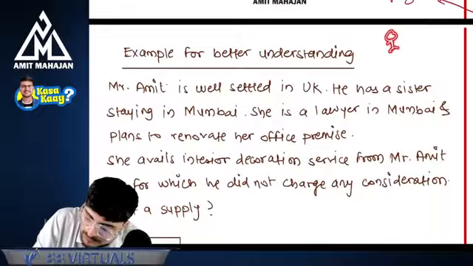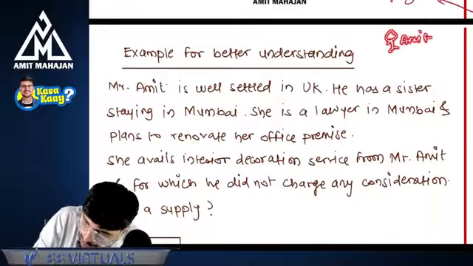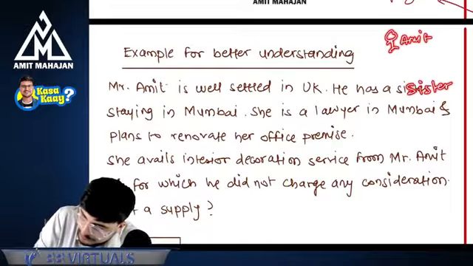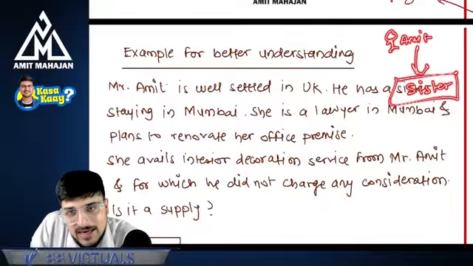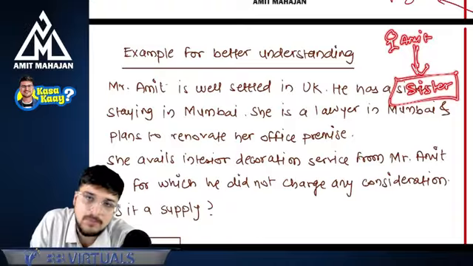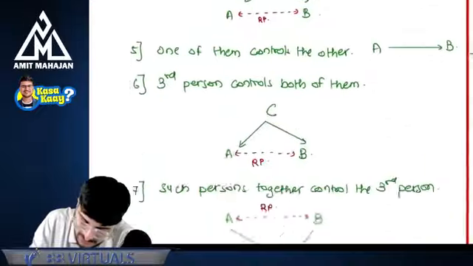Amit should be dependent on sister. If Amit is dependent on sister, you can say that these both are related parties. What did we see here? We saw